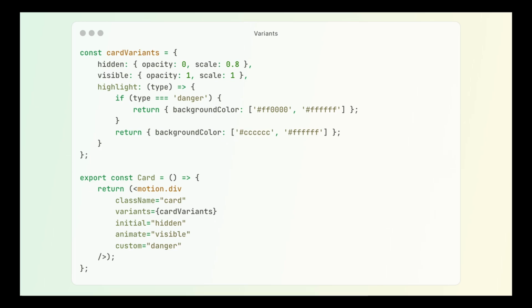Every motion component which has its variants defined allows you to use a string instead of an object in properties like initial or animate or exit or whileHover. And Framer Motion will just pick the